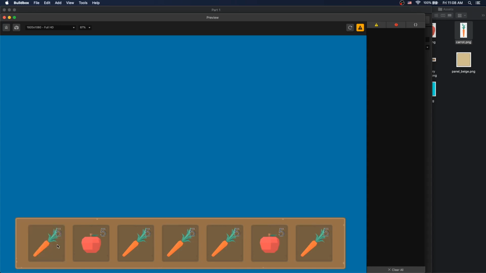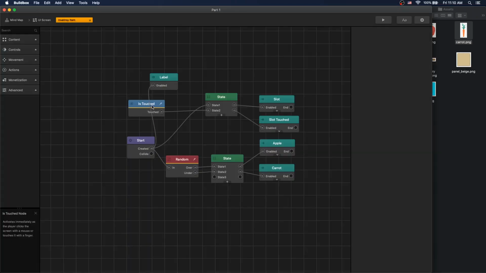Now let's add the ability that if you release the button, it will change the state back. The isTouched node outputs true when the object is touched and returns false when the object is not touched. And to switch state, we need the input to be true. So we need a way to convert false to true, so that when we get false from isTouched, we switch